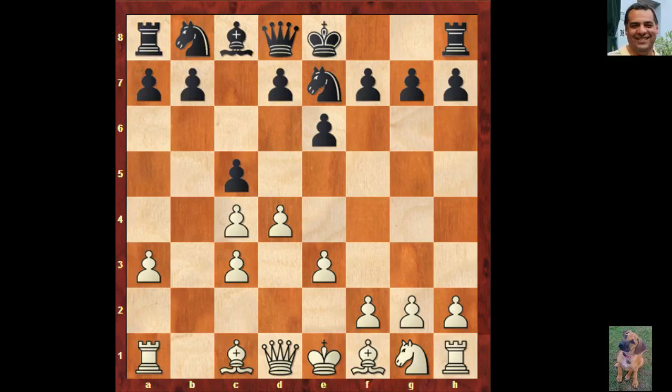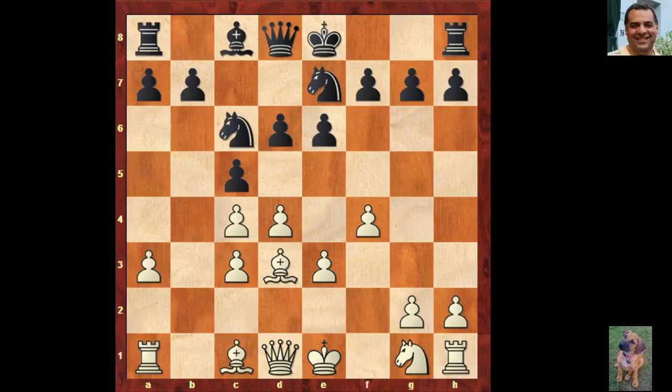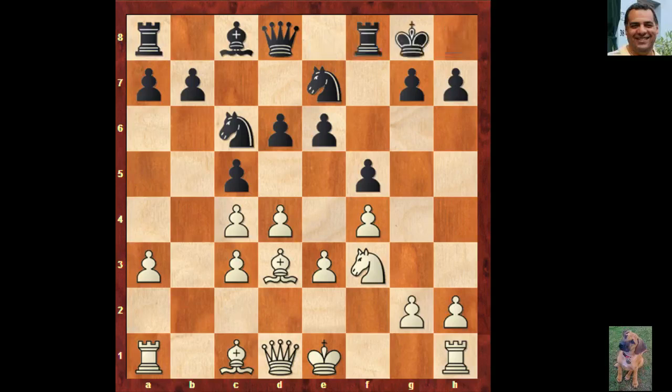e3, d6, bishop d3. Note we've got this a2 square. Look at this. This a2 square, I've used it in blitz games myself. Watch out for that. Knight b6, f4, f5, knight f3, black castles,